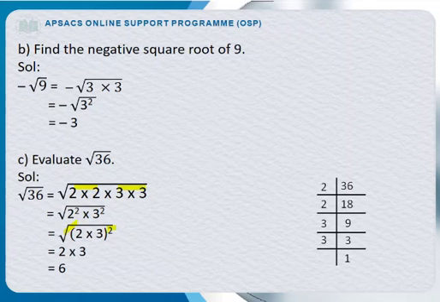We can write it as square root sign as it is, 2 to the power 2 multiplied by 3 to the power 2. And we can write it in a whole bracket, 2 into 3 to the whole power 2. Now this square will be cancelled out by this root and you can write 2 into 3 as it is. And 2 3s are 6. So it means square root 36 is equal to 6.